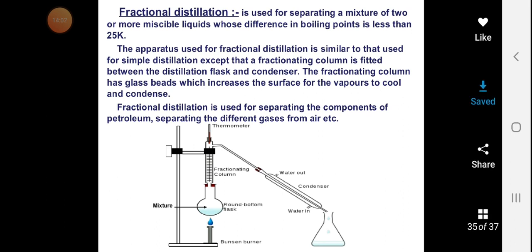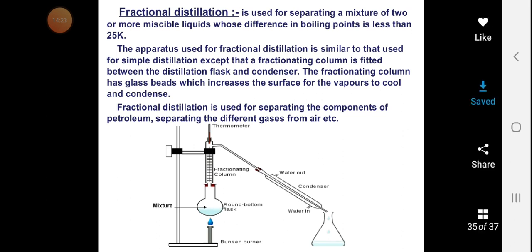So here they will quickly condense back into the liquid, and so they can be separated fast. When the mixture components have a boiling point difference of less than 25 Kelvin, you can use fractional distillation. It is used for separating components of petroleum, as I told you, and separating the different